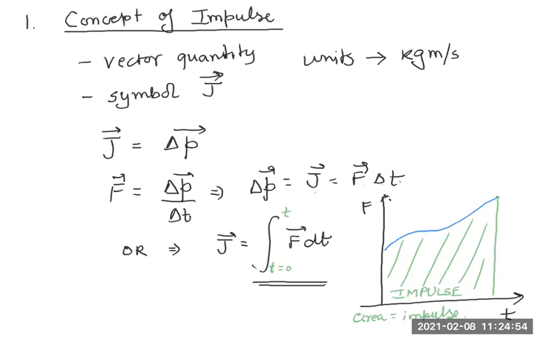This is the definition of impulse, and from here you arrive at this point. If you integrate and you find that the force is constant, you take out the force and you end up integrating dt. When you integrate dt, you get delta t, tf minus ti, and that is j. Okay? ओके सर।